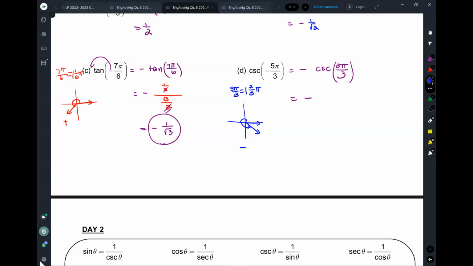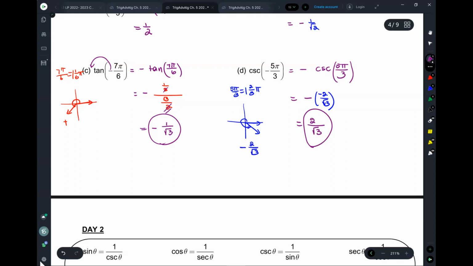So the cosecant is going to be the reciprocal, 2 over root 3. Okay? All of this is from 4.3. And so that we put over here. So altogether, it's 2 over root 3. Okay? Okay, now,